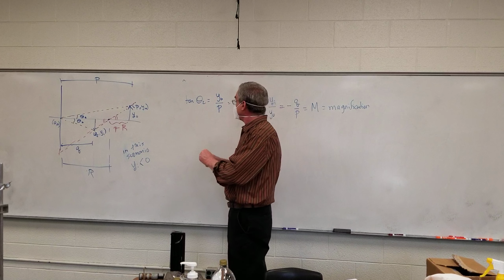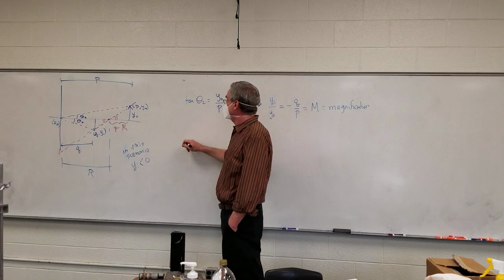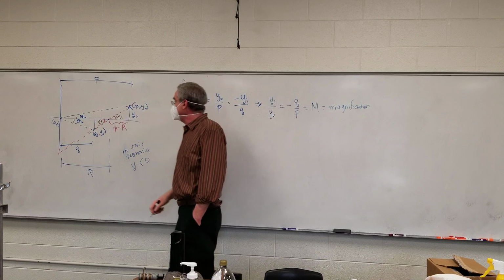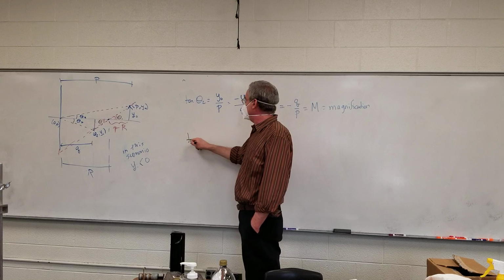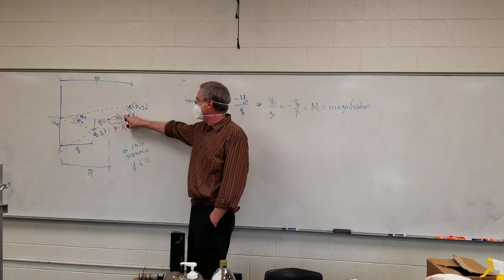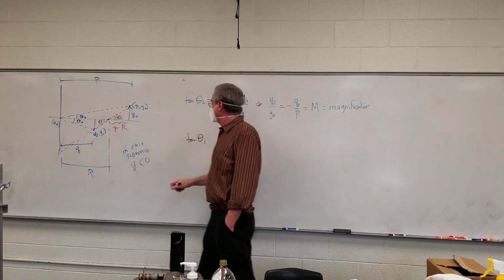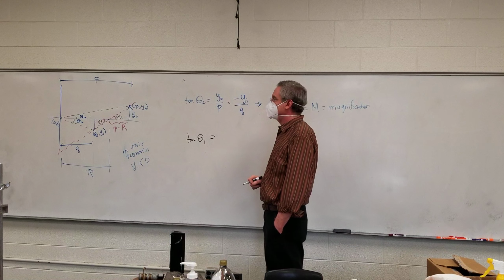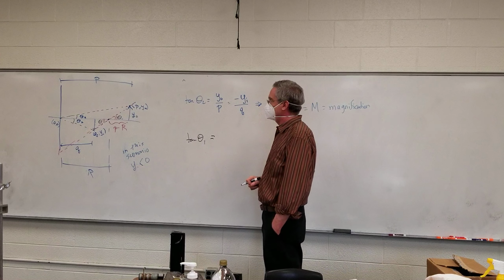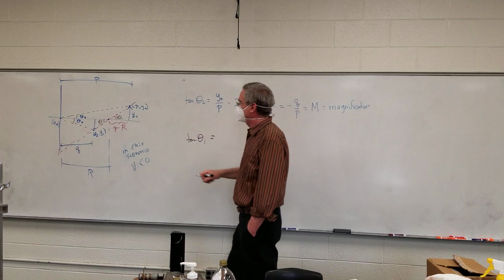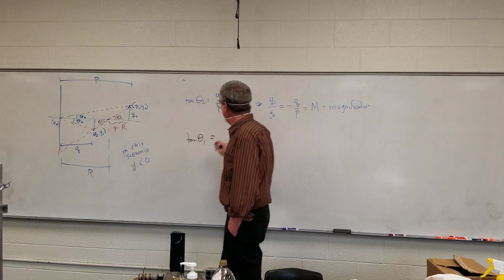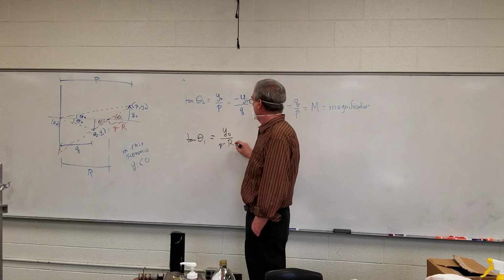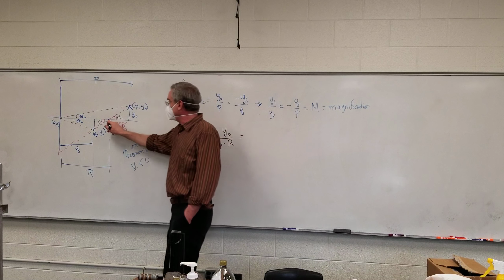All right, so let's take a look at the other one. So I'm looking at this triangle. This is labeled as theta 1 and theta 1. So the tangent of theta 1, looking at this triangle right here, equals what? The opposite over the adjacent, which is yo over p minus r. And if I look at the other triangle here,